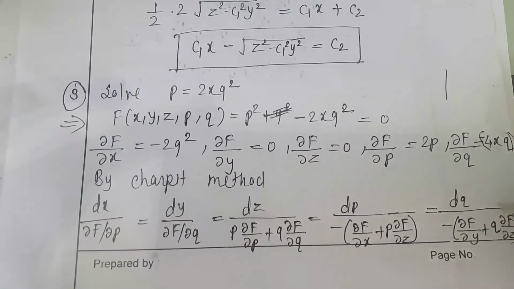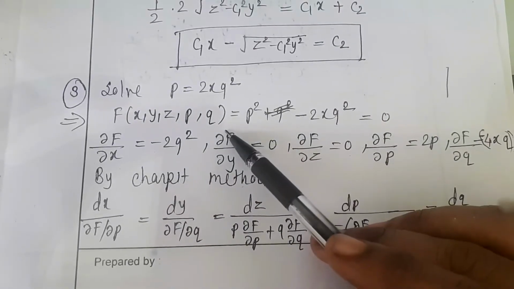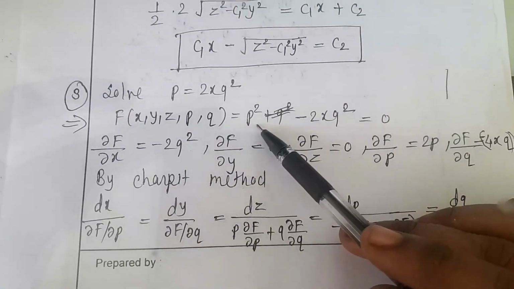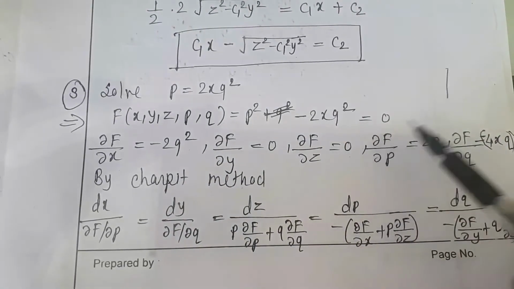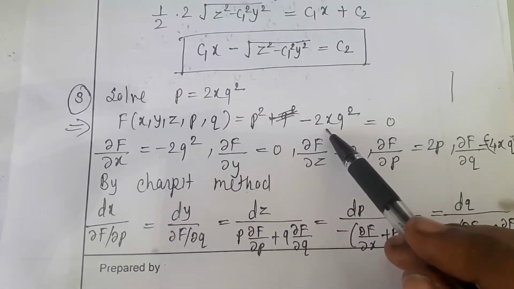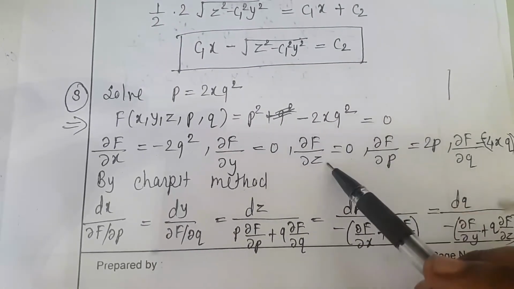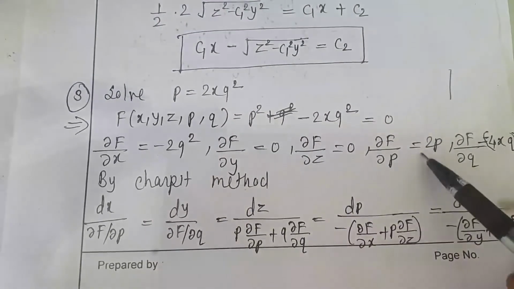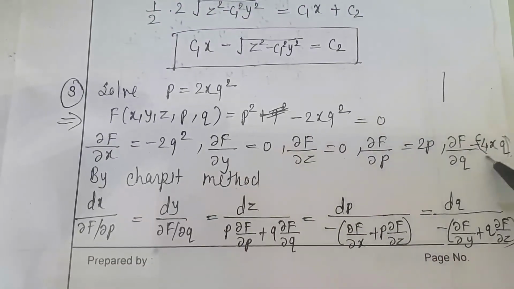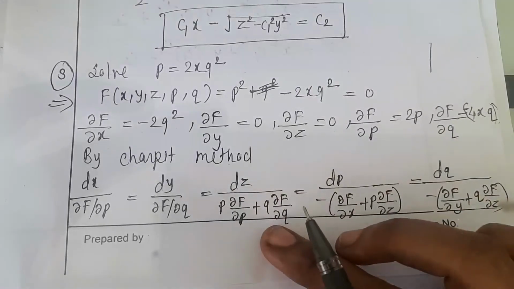So the third example is to solve p² = 2x q². Same thing here. Consider first f = p² − 2xq² = 0. Then ∂f/∂x is minus 2q², ∂f/∂y is 0, ∂f/∂z is 0, ∂f/∂p is 2p, and ∂f/∂q is minus 4xq. So we obtain this; use the Charpit subsidiary equations, and substituting values we get